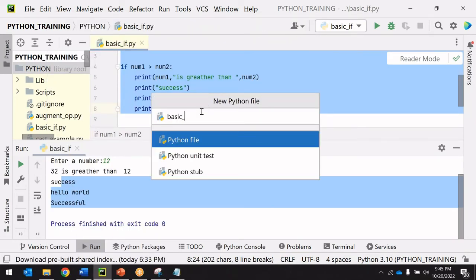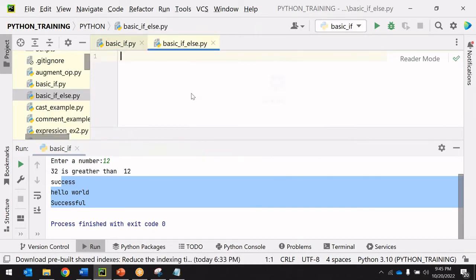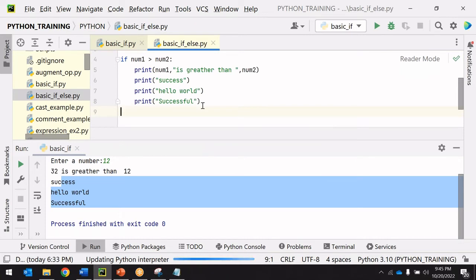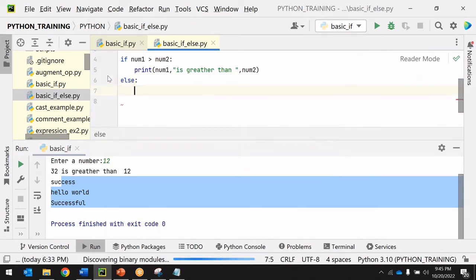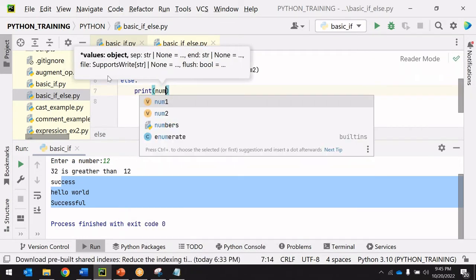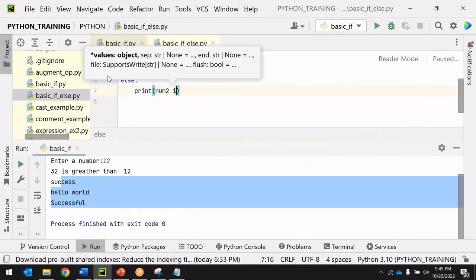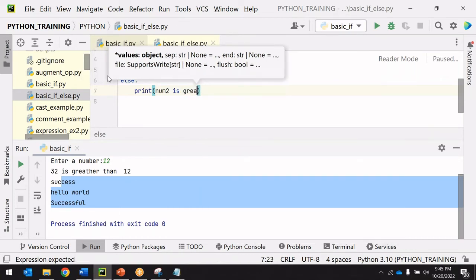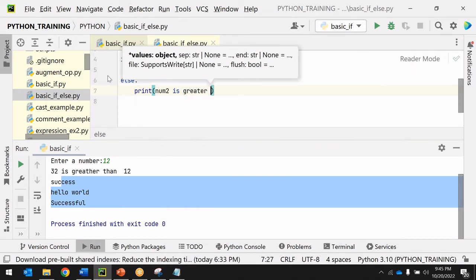Basic if else. In the basic if else, I'm just going to write else print number 1, number 2 is greater than